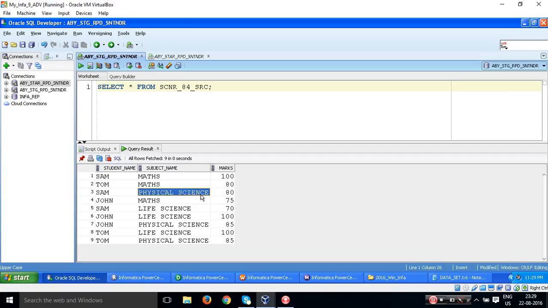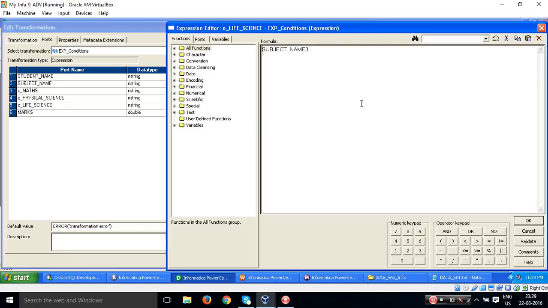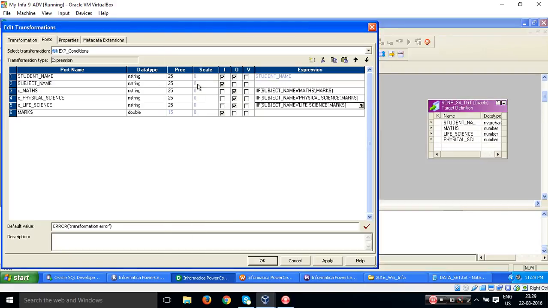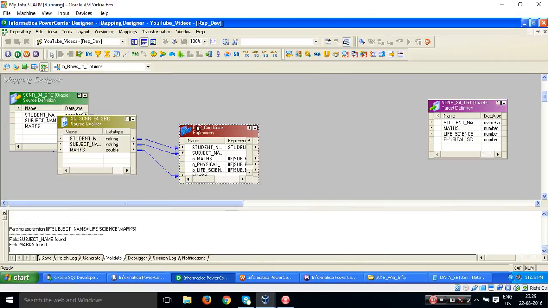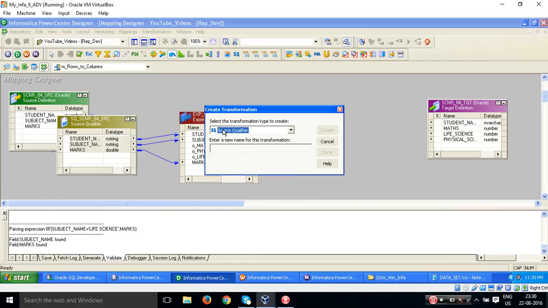And the third one is life science. O_life science. So these all three are my output ports, and let's write one more if condition. If my subject name equals to life science, then give me marks. Okay, so it's done. Now what we will do, so let's use a transformation called aggregator transformation and group by